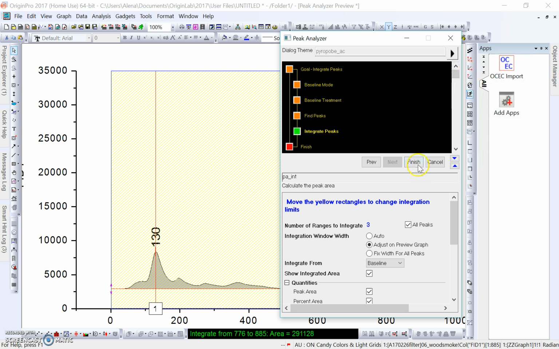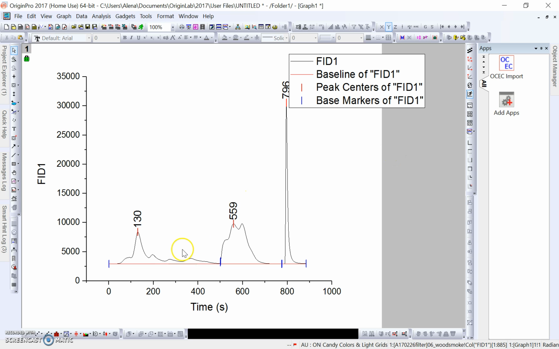We'll click save, and then click finish once again. And then we can see the ranges from here. We're starting the range from 1 to 500. We can see our high peak here at 130. Same with this range here. And then once again, our cal peak area range. So if we minimize our graph,